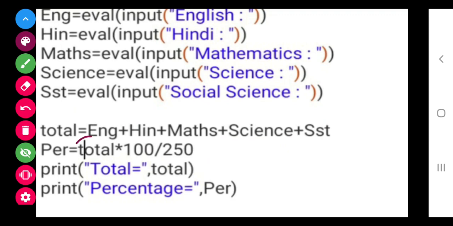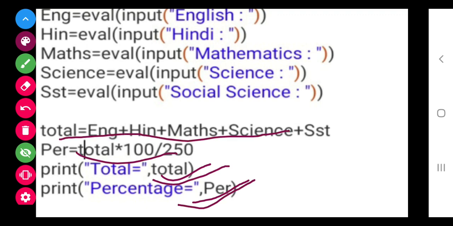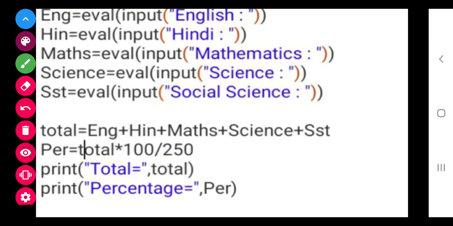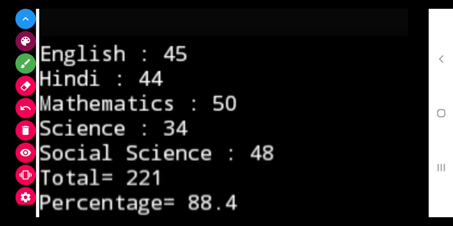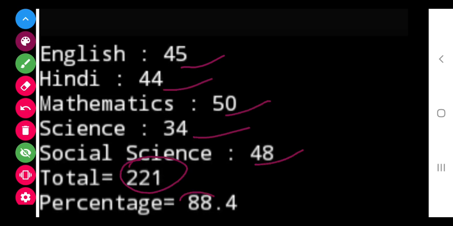So total we will get out of 250, and multiplied by 100 we will get the percentage. Now this is the print statement, this is the process, and this is the print statement. So the marks I have entered are this, total is this, and percentage is this.